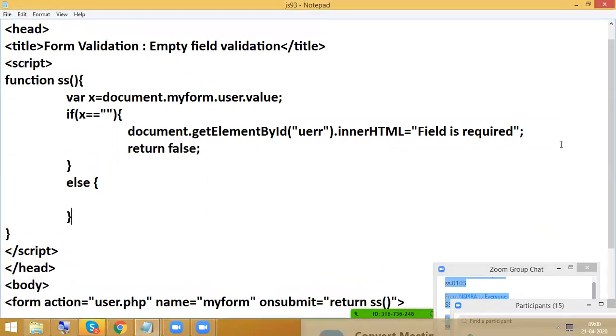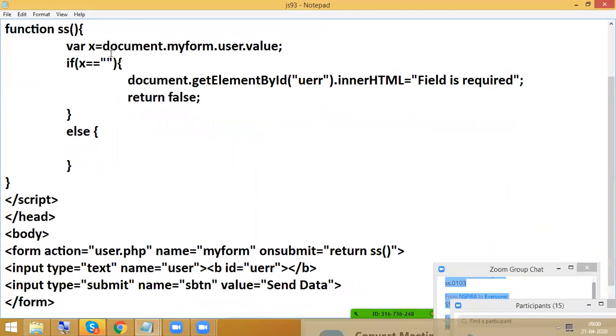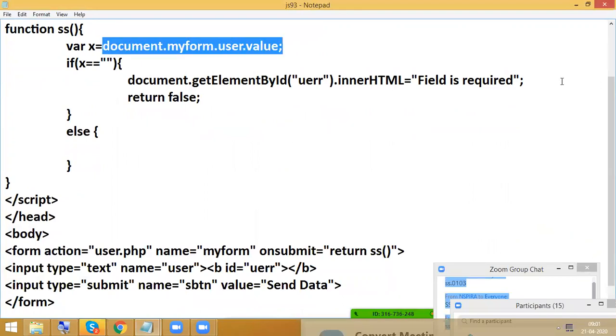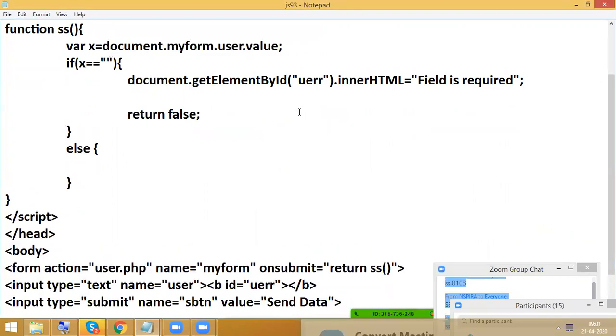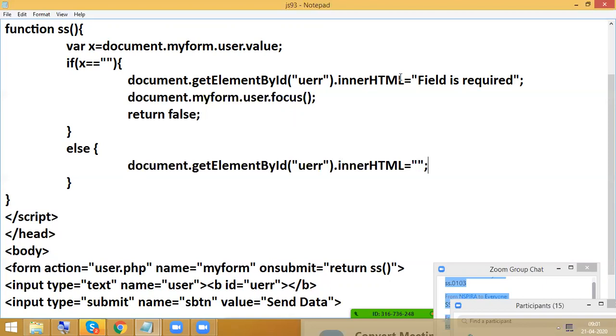So next, here I want to apply focus. Focus you can do with the help of document dot myform dot user dot focus, even with the help of ID also. Okay, finish. Then if it is success, what is your first step? You need to hide that message. So here, if any error is there, it is going to display here field is required.